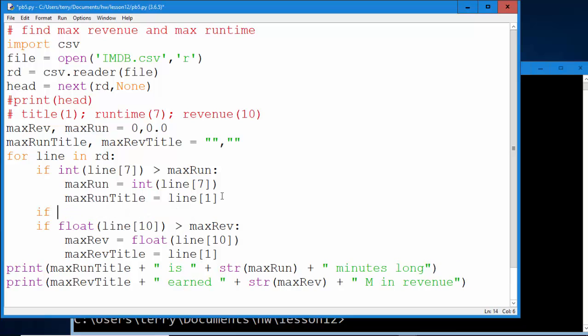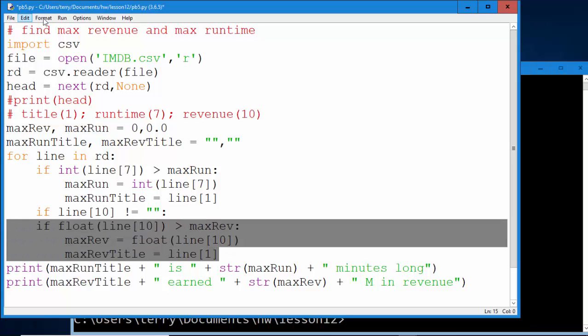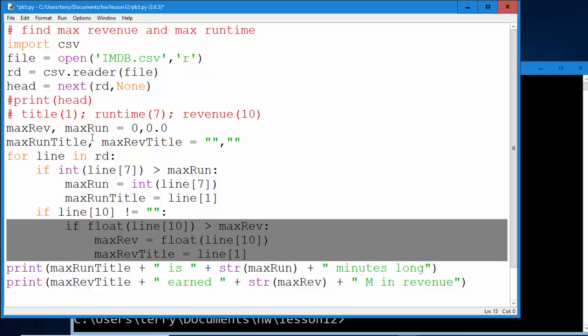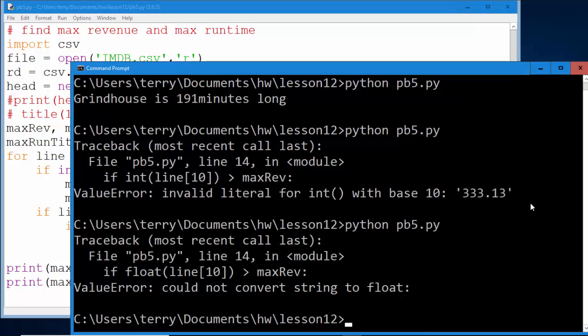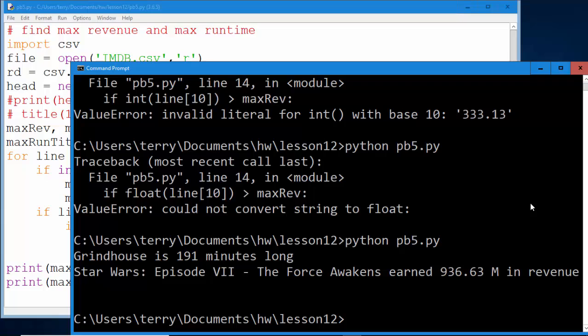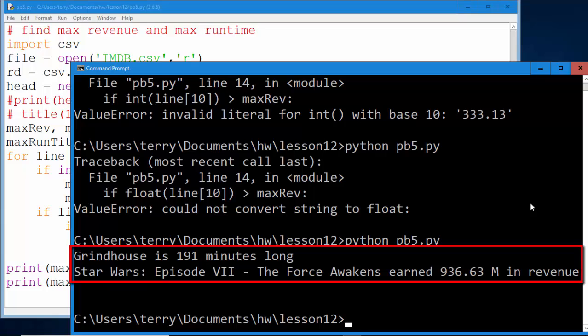So we have to do a little bit of data cleanup. We have to capture that. We have to make sure there is a value in the revenue column. And we can do that by saying if line position 10 is not equal to the empty string. Because if it is the empty string, if there's nothing in there, then we don't want to count it. I can take these 3 lines of code here and indent them. And so now it's only going to focus on if there is some data in the revenue, and then I'm going to try to find the max if there is data. If there is no data in there, I'm just going to skip over it and assume basically that revenue is equal to 0. Now I run the program, I get Star Wars, The Force Awakens earned